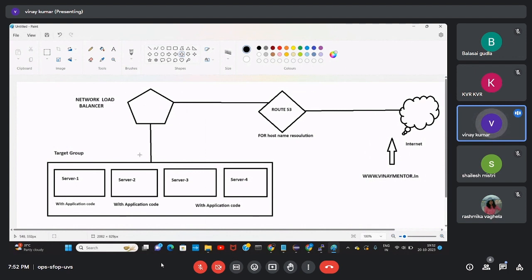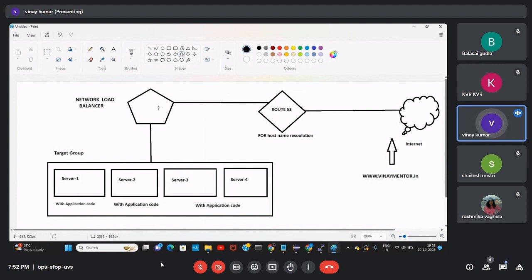Before, what we have done, we have attached the public IP of the server to Route 53, but in this kind of setup we will attach the load balancer to Route 53. I will explain how to attach that. Now it will reach Route 53 because the domain is stored in Route 53. The traffic will be reached differently, but first of all I am explaining the scenario. Then from Route 53 it will reach the load balancer. We have attached our target to the load balancer, right?